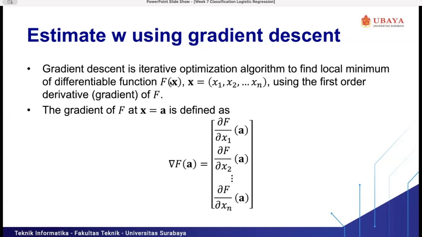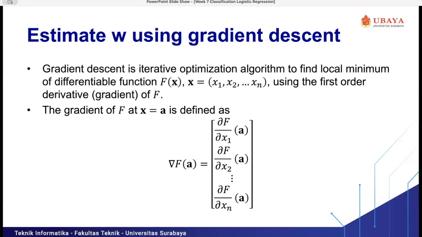So we have the function f(x), where x is the multivariate variables x1, x2, up to xn, and you can use the first order derivative, the gradient of f. So to get the minimum output for the f(x) function, we can use the gradient of f based on the x values. The gradient of f at x equal a is defined as the gradient of f(a), and because we have multivariate values, we can choose the partial derivative.